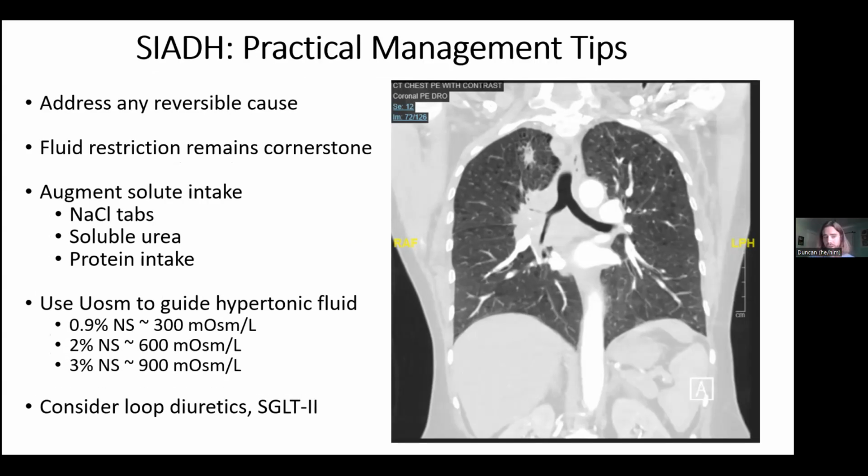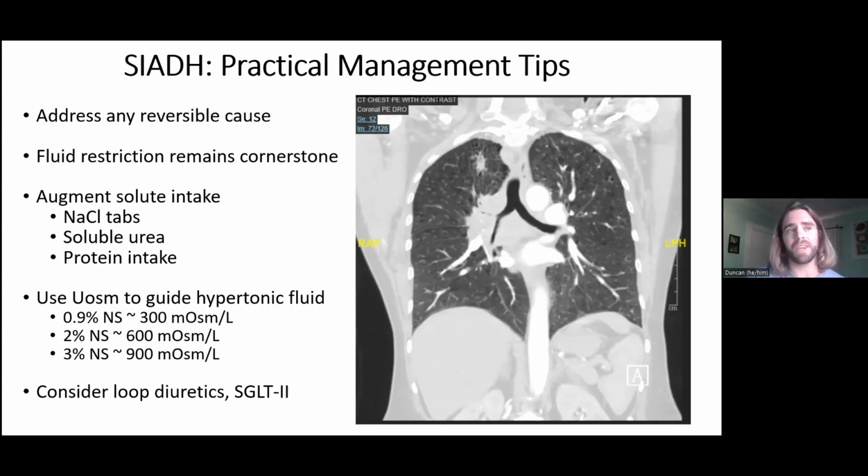And then a quick plug for patients who have other indications, loop diuretics and SGLT2s can also be very helpful augmentation. And we'll talk about why in a hot second. But any questions about this so far? And I think another, don't sleep on using the urine osms to guide hypertonic fluid, it can be very,